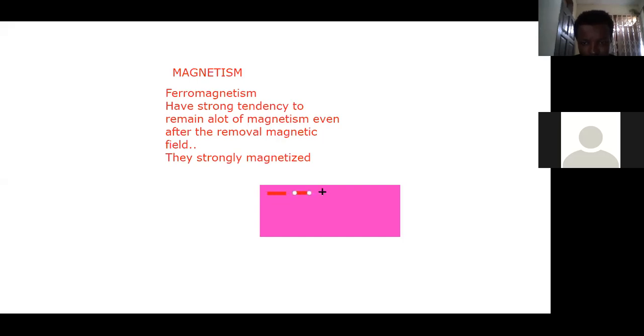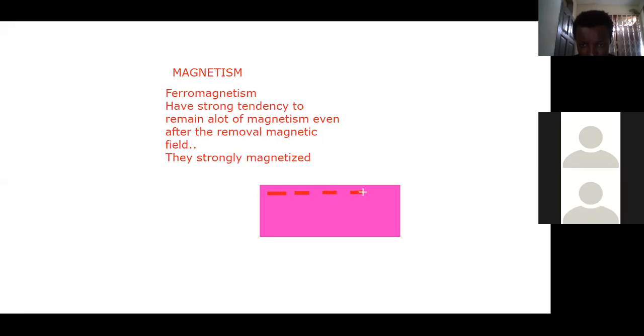So they align in an ordered manner. The ones I'm drawing are the domains of the magnets. The domains of the magnets are aligned and they move in the same direction as the externally applied magnetic field. Examples of these ferromagnetic substances are nickel, iron, cobalt.